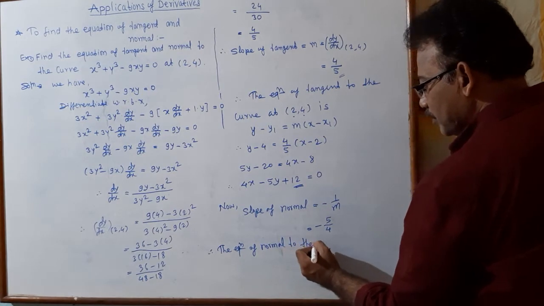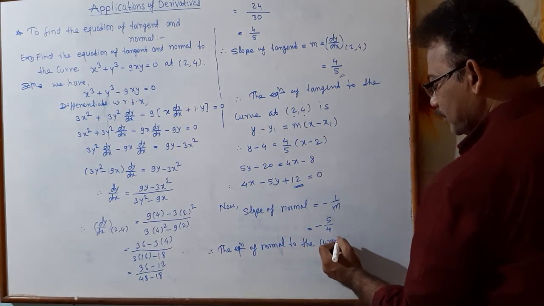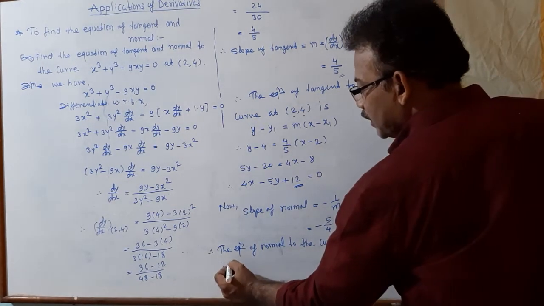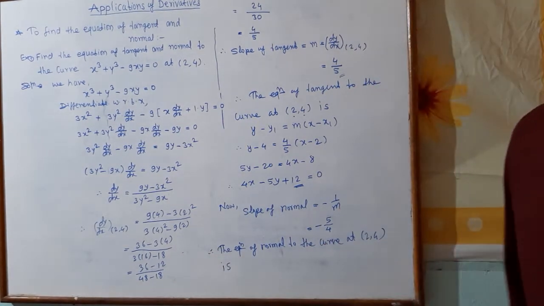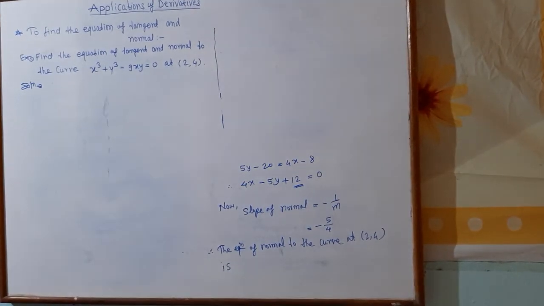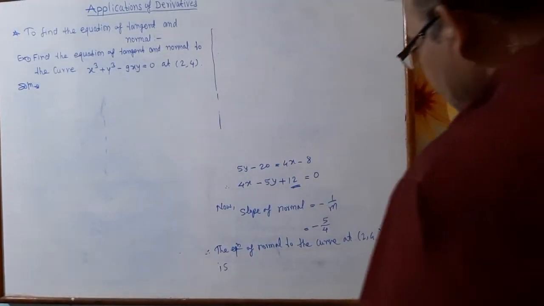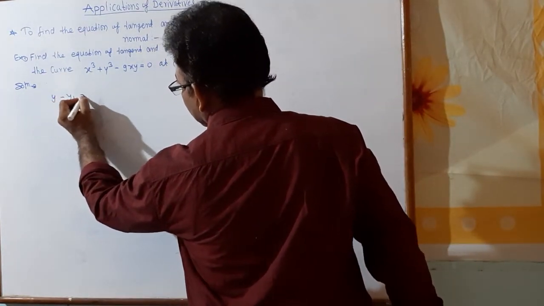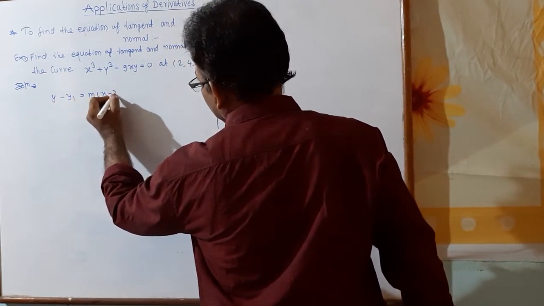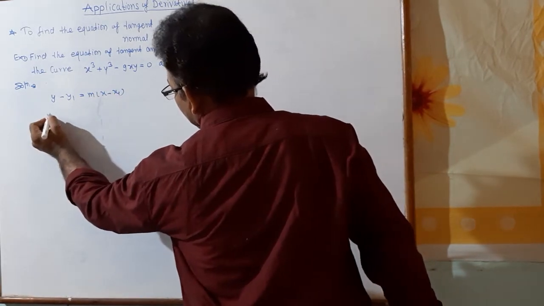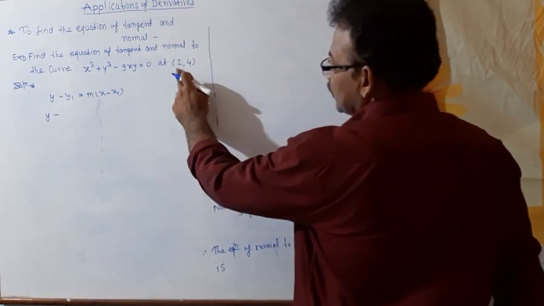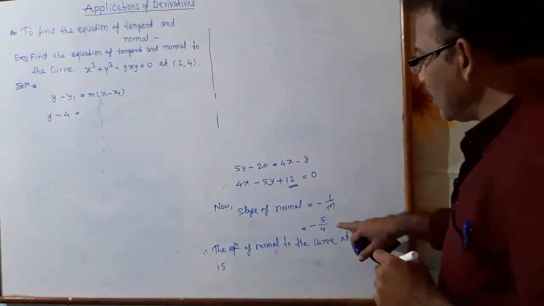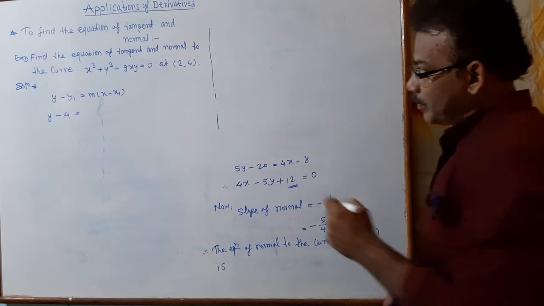to the curve at point (2, 4) is, we know the formula: y minus y1 is equal to m in bracket x minus x1. Putting values, so y minus y1, x1 is 2, y1 is 4, m, that is the slope of normal, we have found minus 5 by 4,